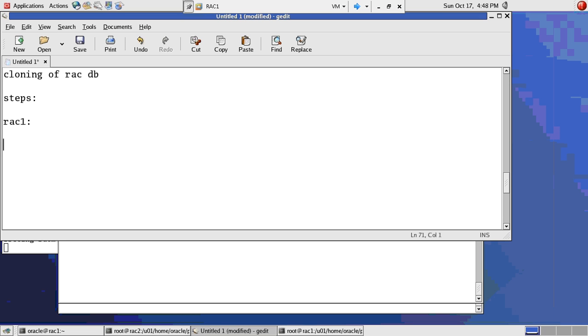Okay, from your RAC 1 node, from the prod 1 instance, this is your target database. From here, what is the first step you have to do? You have to take the backup of the database. Simple. Backup of